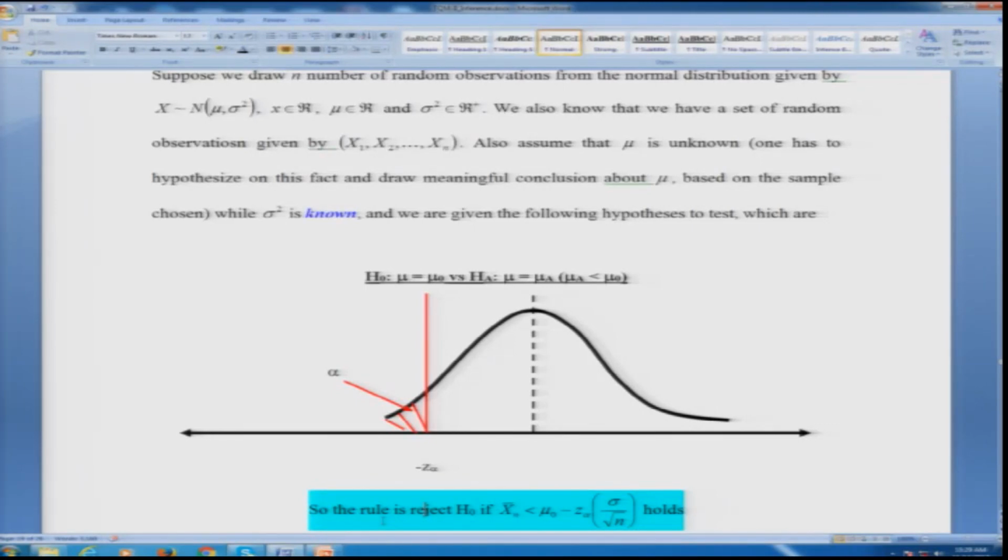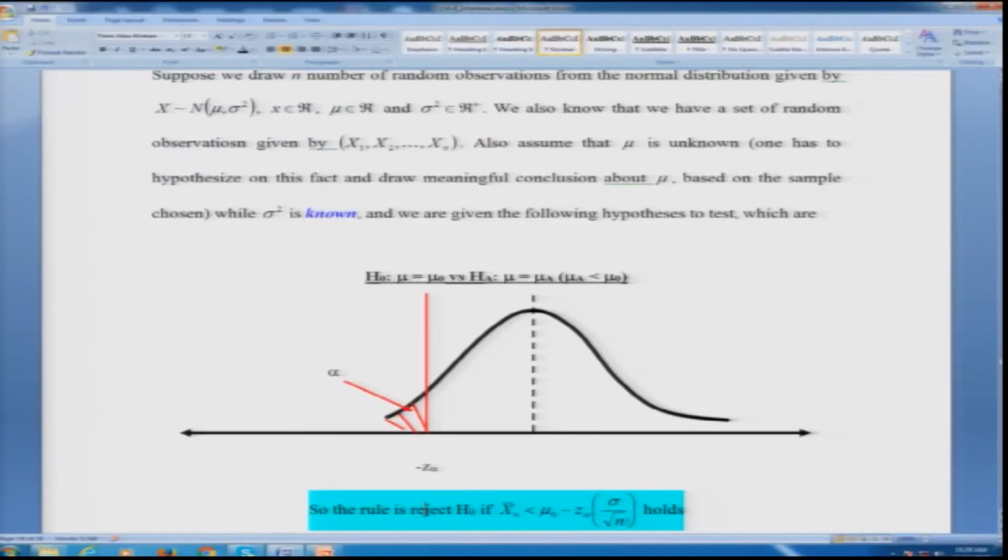So, the rule is reject H naught if you are on the left hand side. So, what is the left hand side? That your mean value of the sample is less than mu naught minus Z alpha. Now, remember very important thing, it is not alpha by 2. This I will be repeating time and again,